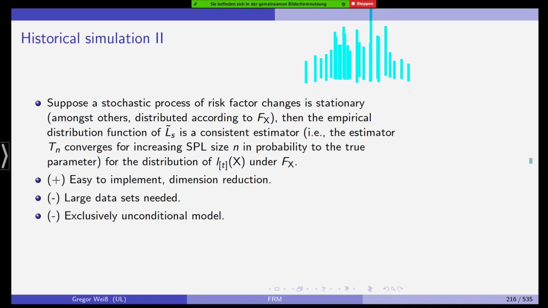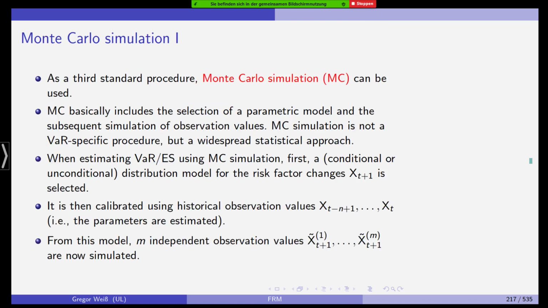And the histogram is then your estimator. Okay. Last but not least, we have Monte Carlo simulation. So this is the third standard procedure. Monte Carlo simulation is, of course, much more general. Monte Carlo simulation is not specific to value at risk estimation, but it is actually a general procedure in statistics. Every time you have a distribution and you want to generate random observations under that distribution, you do Monte Carlo